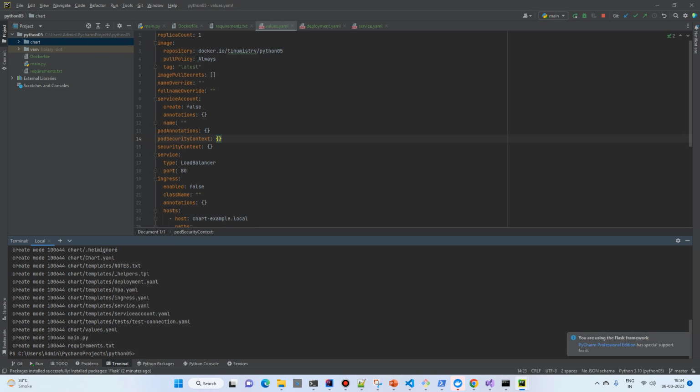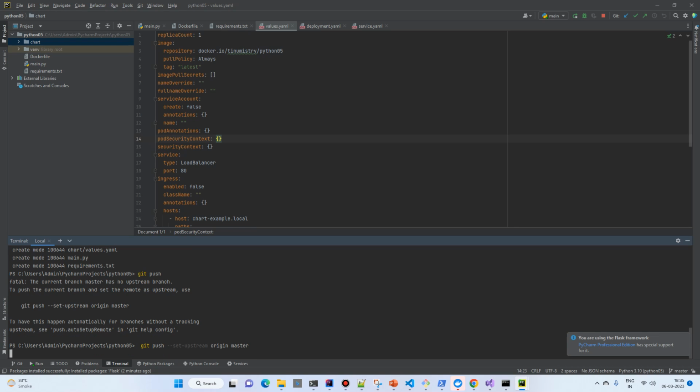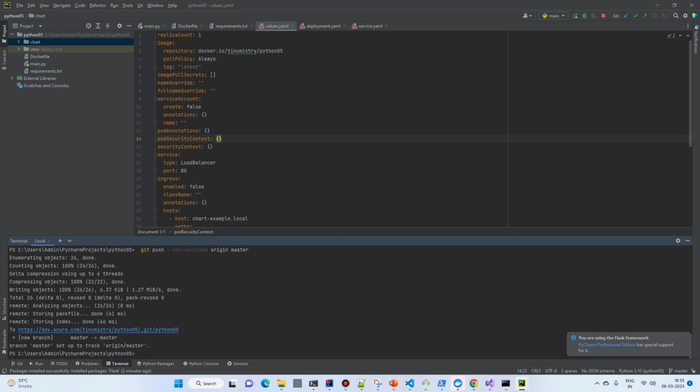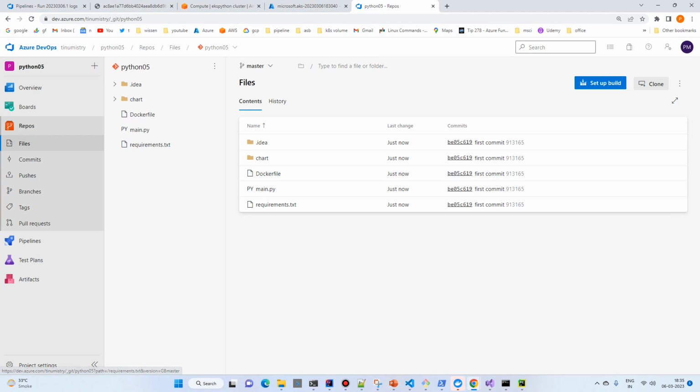So just save it and try to git push. So you will get one command. You just need to copy and paste, and the commit has been pushed to the repository, and just click on the repo, we'll get it. Okay, so now click on the setup build